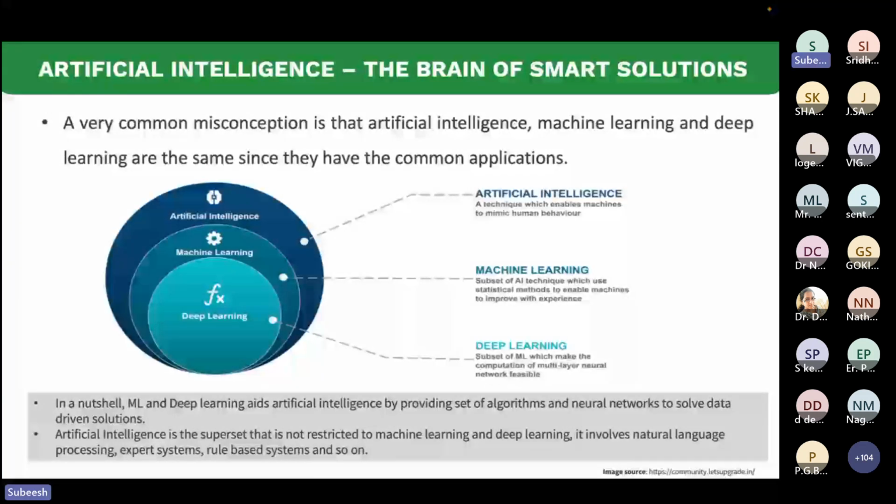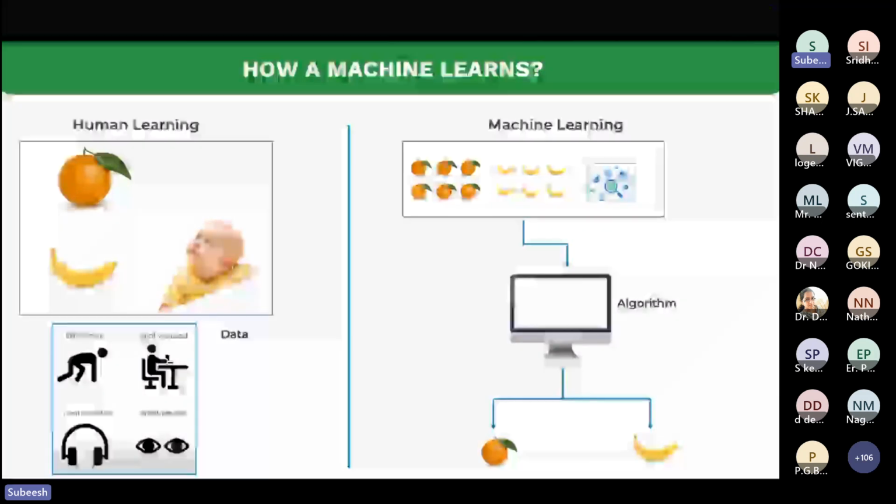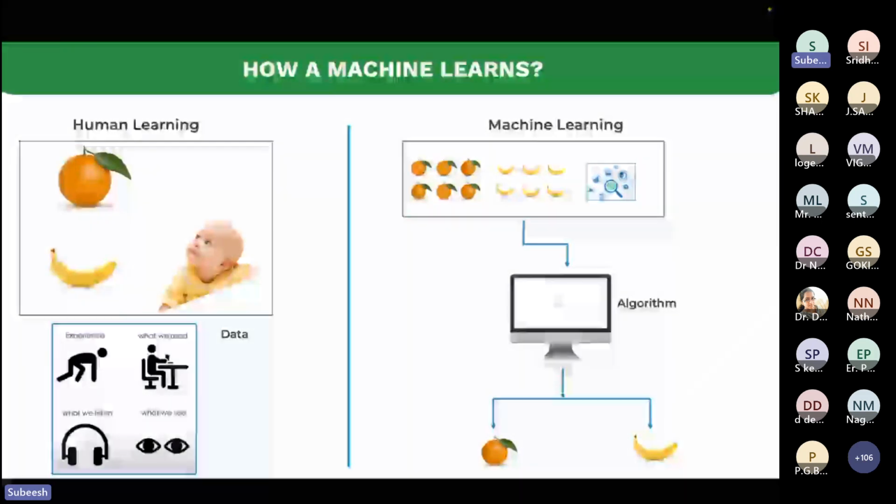This is how a machine learns. We humans learn from our experience: what we experience, what we read, what we listen to, and what we see. This is the input to the model, as a human model. Similarly for machines, just like we learn, we can train the models with different types of data and make them intelligent. We can train them, evaluate them, and then deploy them to get some solution. Just like we think, meaningful insights can be derived from the data the machine is trained on.